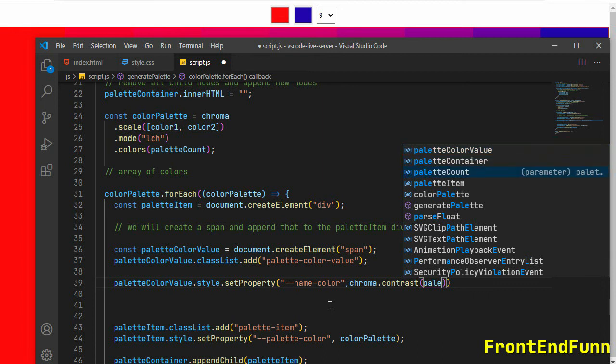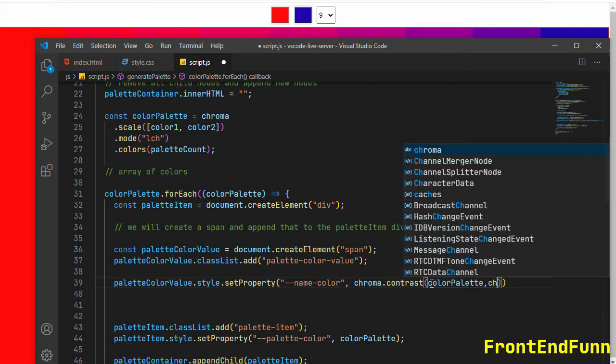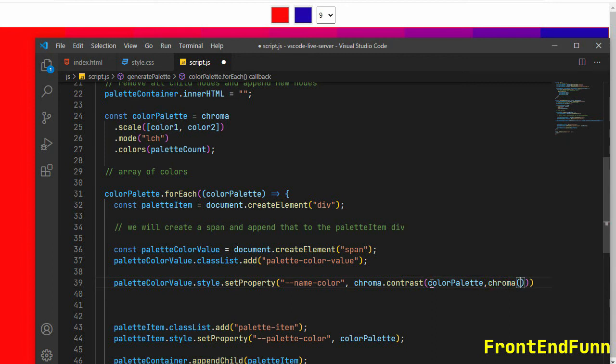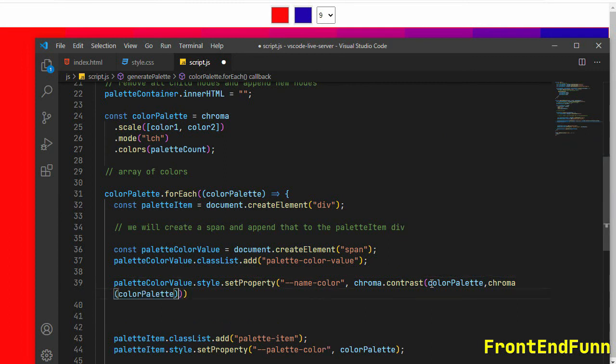So based on the given colors here, we'll be getting the contrast value. Okay, so I'm just setting the color palette and chroma of color palette dot darken. So I'm just passing the darker color value to the element.